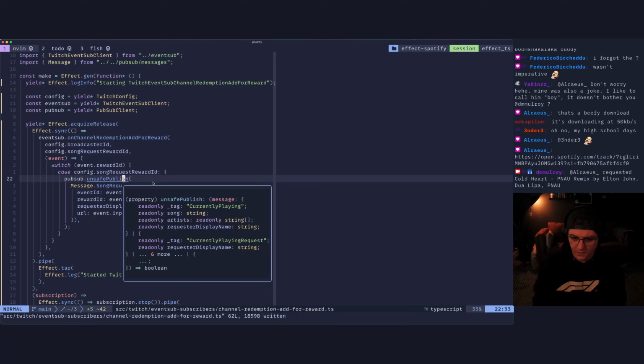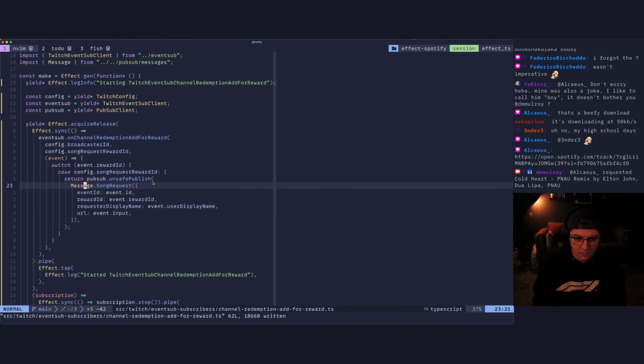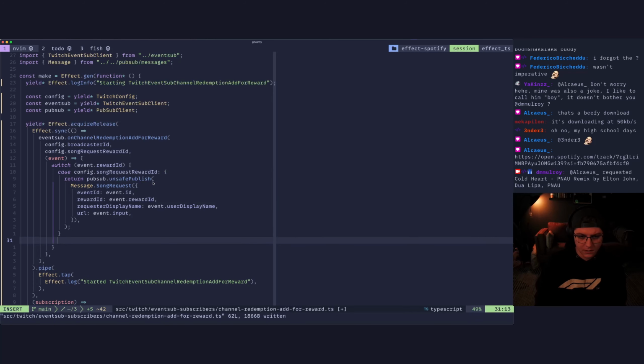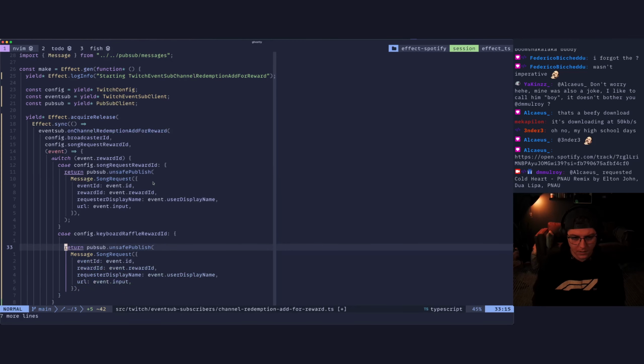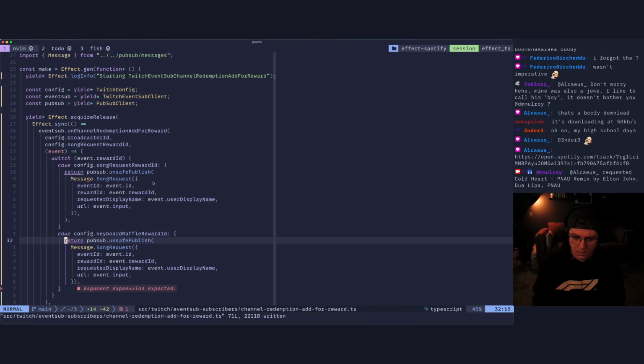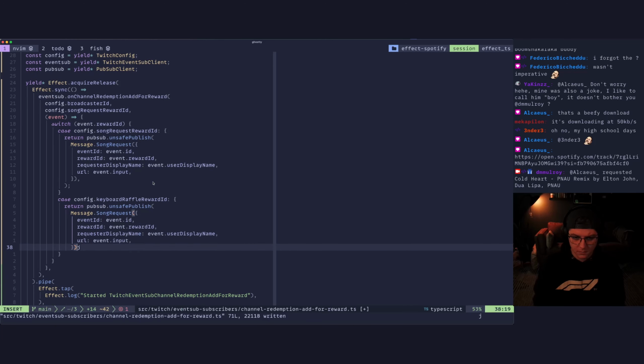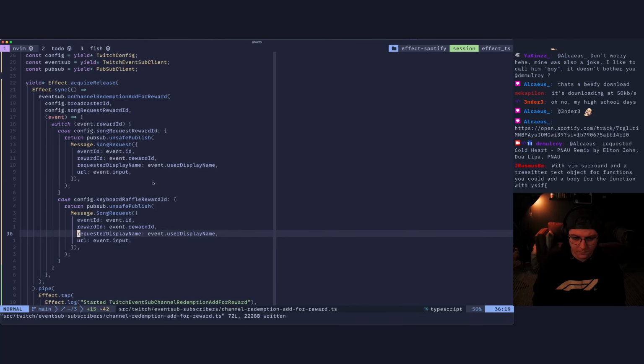In fact, does this return anything? I can just return that. And then the other case will be case config dot keyboard raffle reward ID, and then we'll do the same thing. Paste that there. What did I do wrong? Is it the comma? There we go.